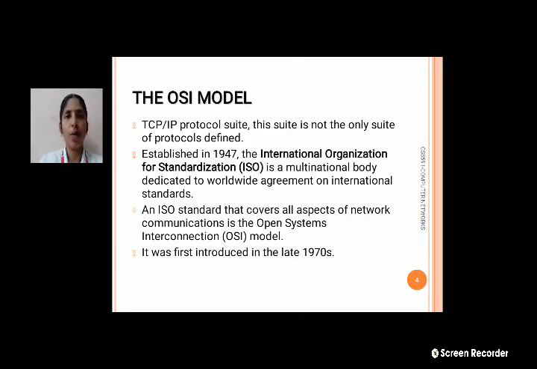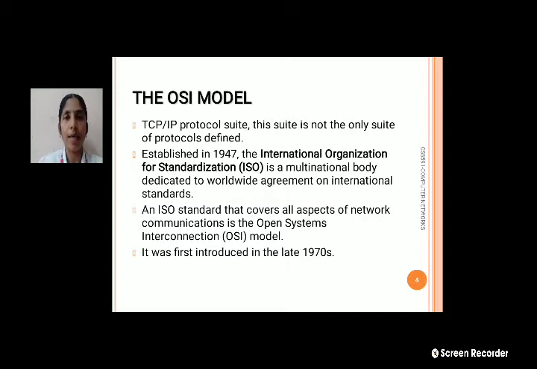Before the OSI model, we were using the TCP/IP protocol, but this protocol does not suit all the protocols defined. ISO was developed in 1947 for worldwide agreement on international standards.